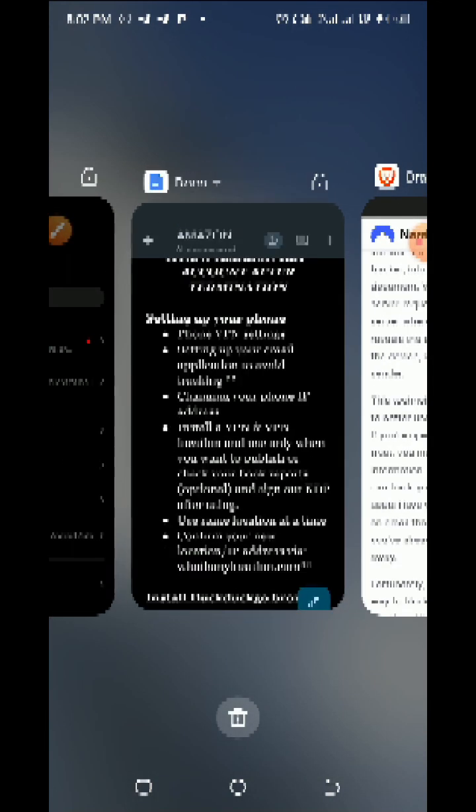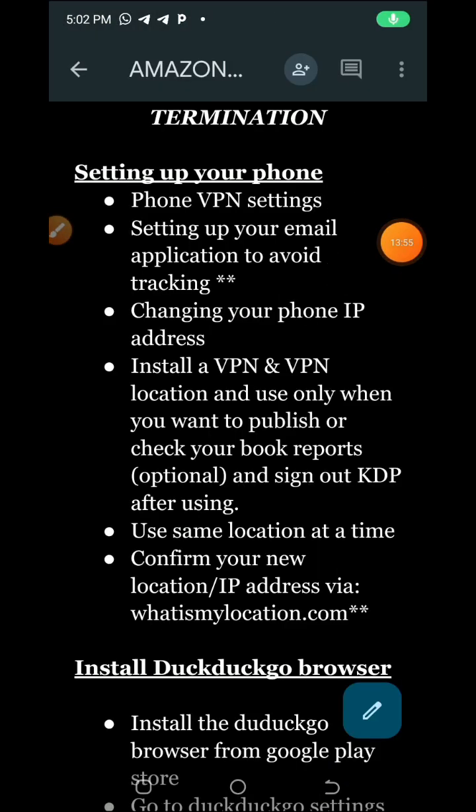Let's see where we stopped. The next thing is to change your phone IP address, and the other one is to install a VPN and use the VPN location only when you want to publish or check your book report. That is optional, and then sign out of KDP after using. This one, I will not recommend for you to do. Installing a VPN and using it only when you want to publish your book on Amazon, and signing out,